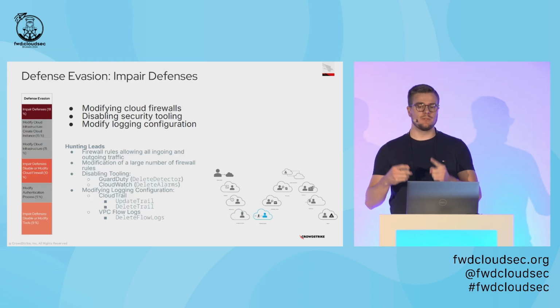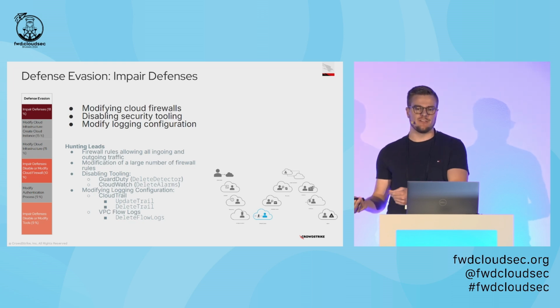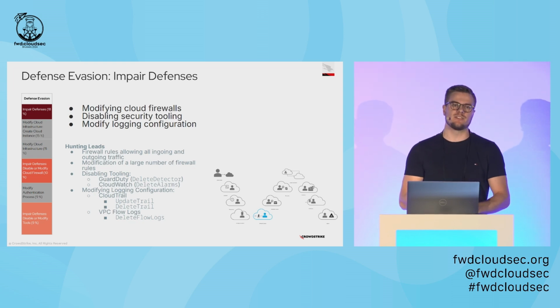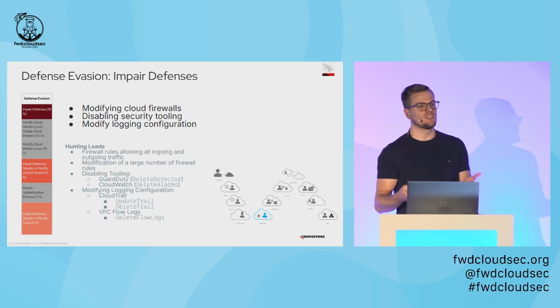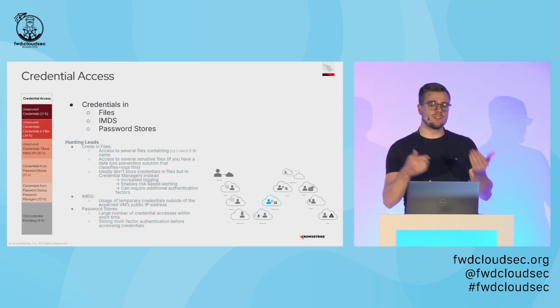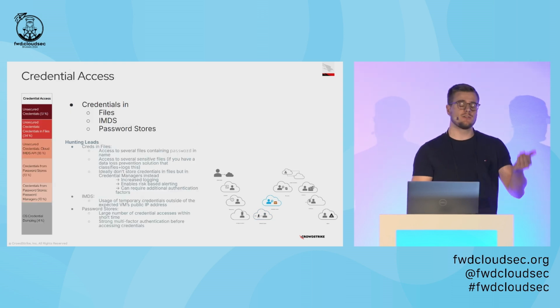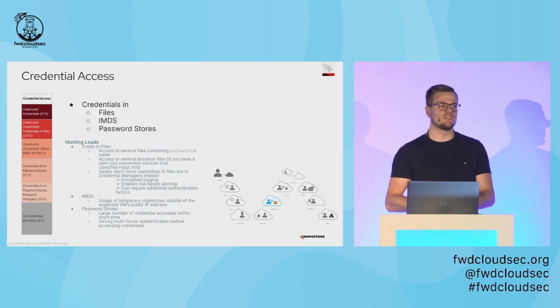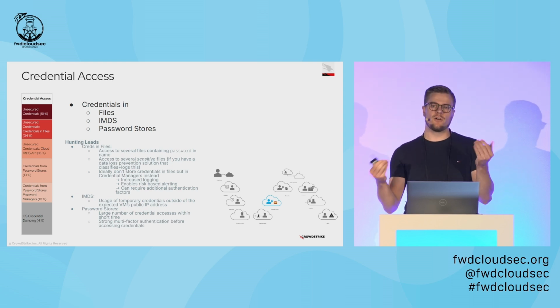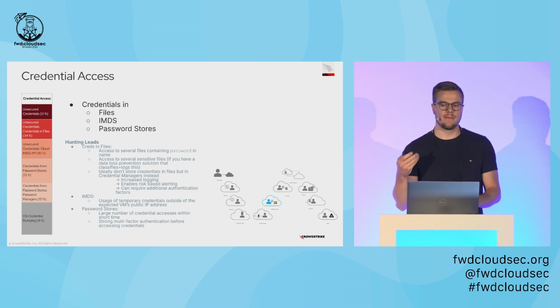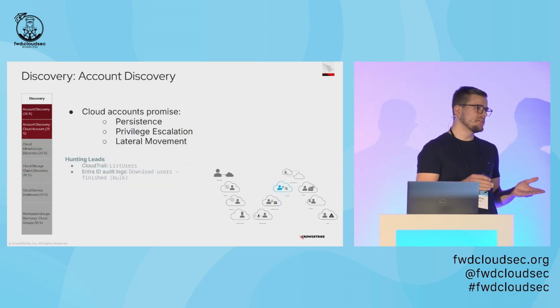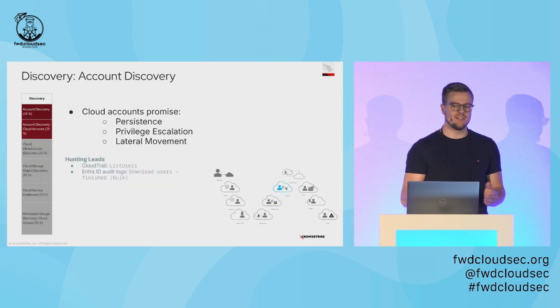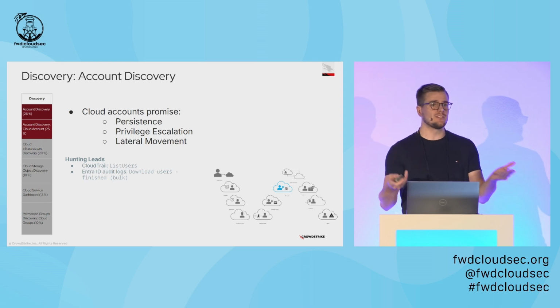For defense evasion, we observe threat actors primarily impair defenses, which might manifest itself in the form of modifying cloud firewalls, disabling security tooling such as GuardDuty, or modifying logging configurations. Actors mostly search for credentials and files, or try to retrieve temporary credentials from the instance metadata servers, or passwords from credential stores. The primary focus are cloud accounts, which isn't too surprising since they promise persistence, privilege escalation,